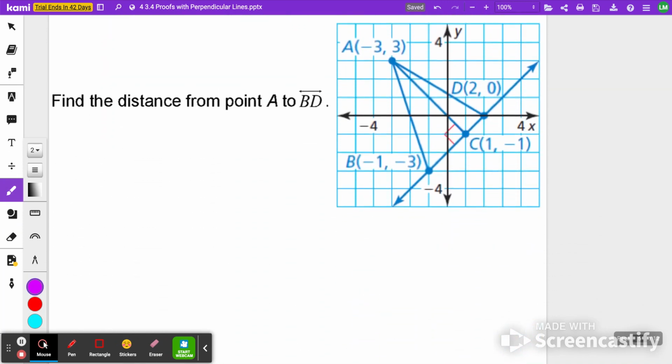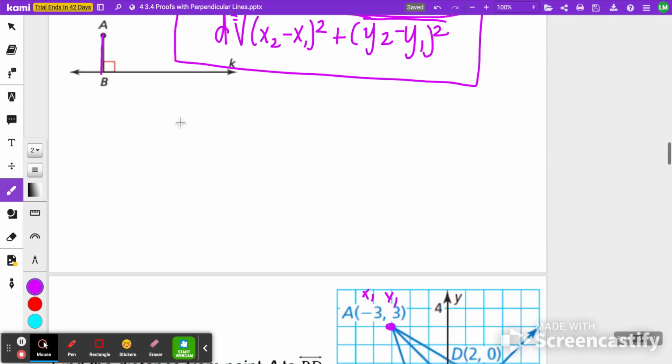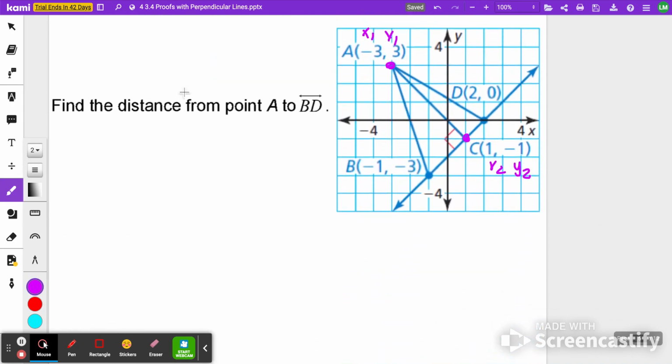All right, so what we're going to do is find the distance from A, which is here, to line BD. And that line intersects right here at this point, which is using point C. Okay, so we can say maybe this is x1, y1, and this is x2, y2. Okay, so remember, we're still going to use that distance formula. We're going to subtract our x's and square them, subtract our y's and square them,